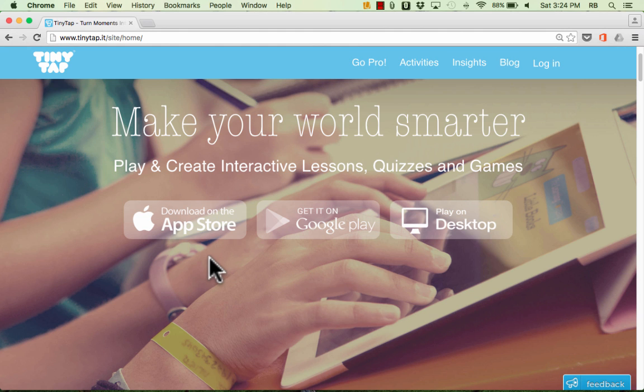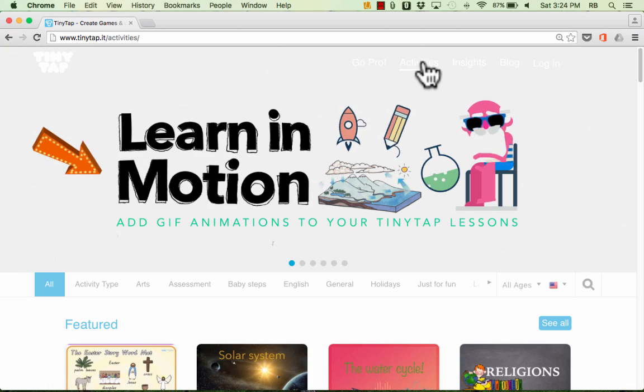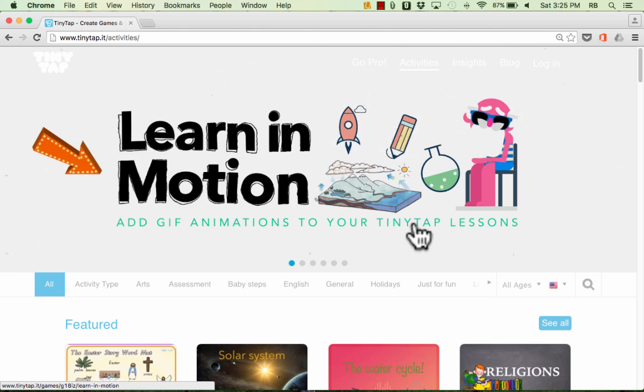You can see TinyTap is an app that you can use on Apple devices such as the iPad and the iPhone, but you can also use it on Android devices. And you use TinyTap on these devices to create interactive games, activities, lessons, and quizzes, and books, digital books. And then those things that you create are playable on all three of these platforms. They're playable on Apple devices, they're playable on Google Android devices, but they're also playable on desktop computers, whether they be Windows or Mac. And the result is that you and or your students can create some amazing interactive activities